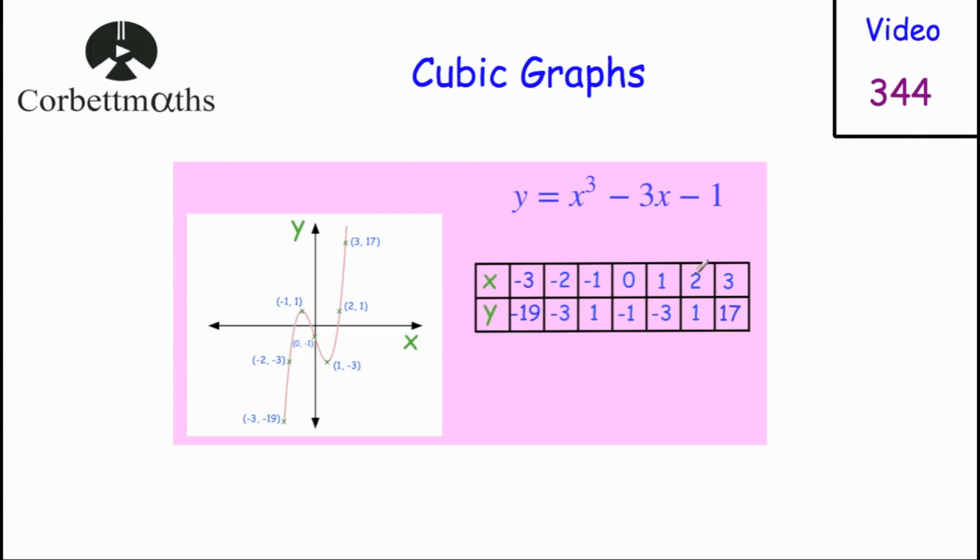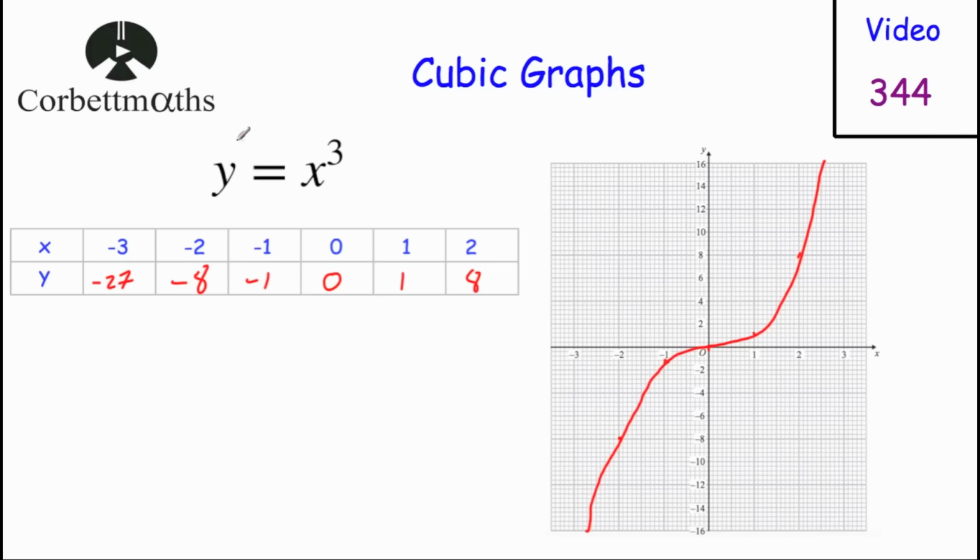And we've worked out that number cubed minus 3 times that number, take away 1, and we've got our values for y, and whenever you plot them, it has this shape. So there's the simple cubic graphs, which will look something like this, where it's quite steep, flatten out, pass through the origin, and then curve upwards. And that's typically whenever you get something such as y equals x cubed or y equals x cubed plus 1